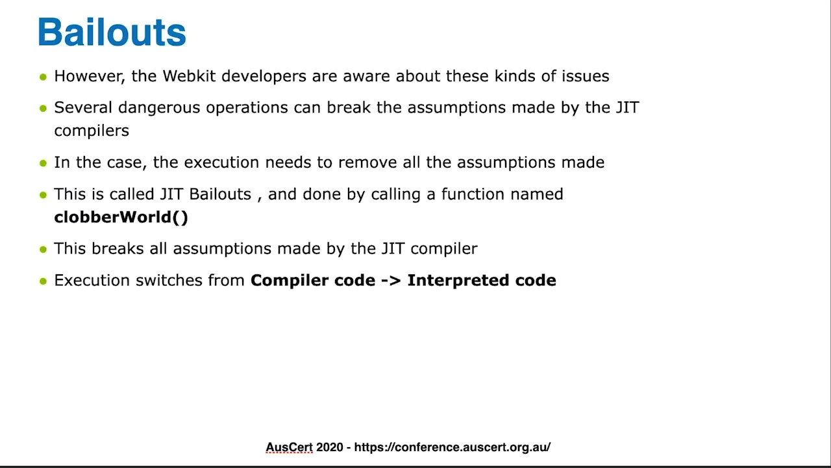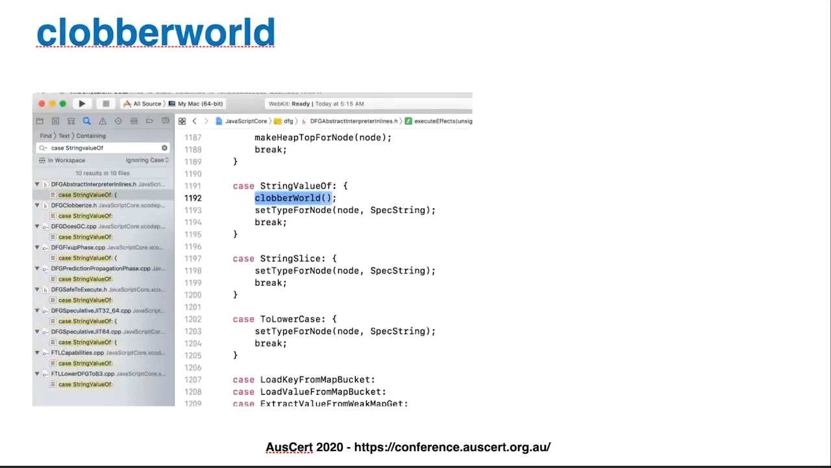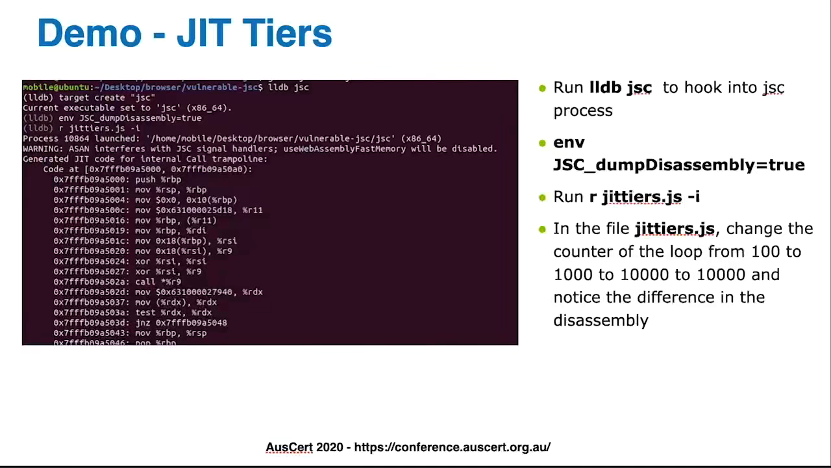Okay, and the bailout is usually done by calling a function named clobberworld. This breaks all the assumptions which are made by the compiler, and the execution is now switching from the compiled code to interpreted code. So you can see examples of clobberworld in several places in the WebKit source code. This is an example of